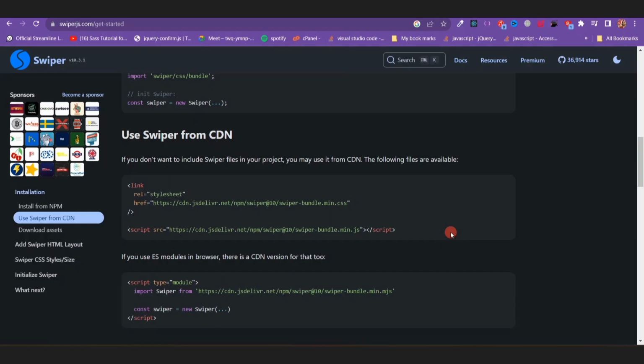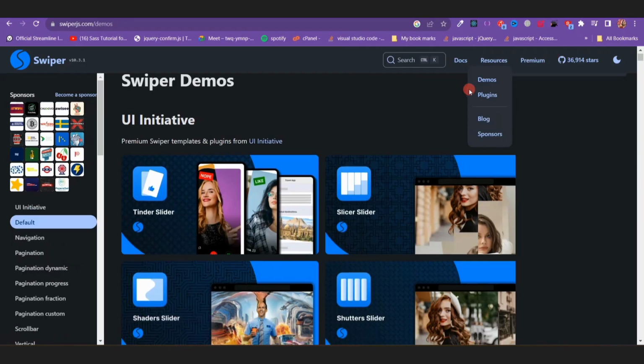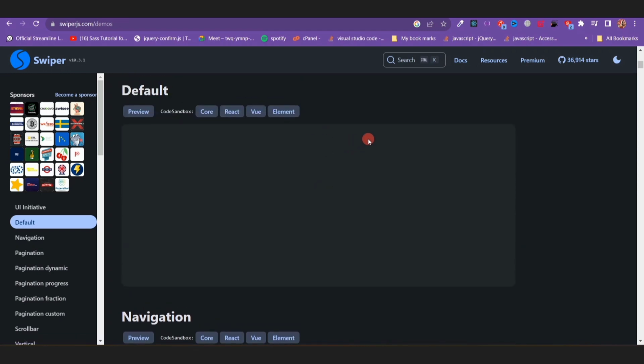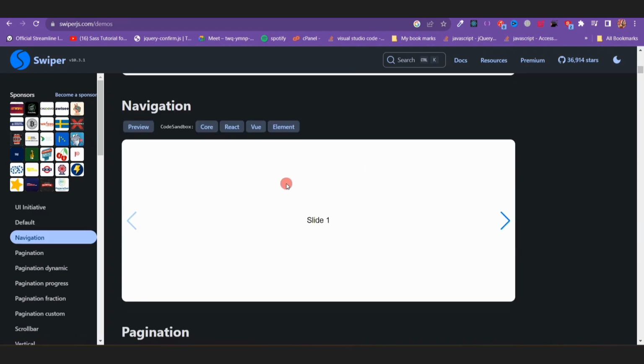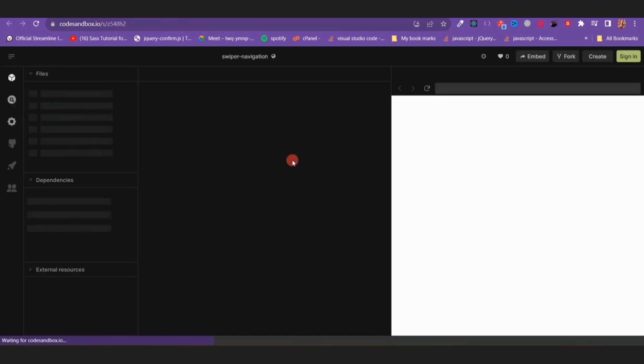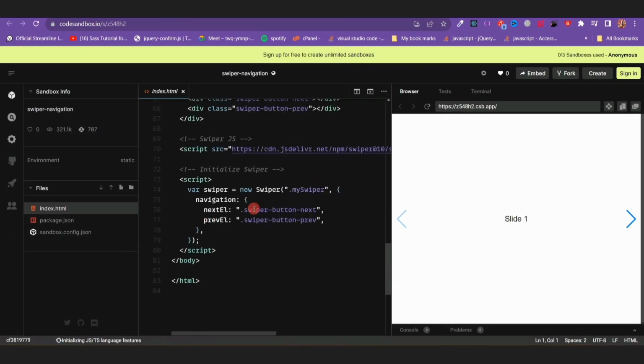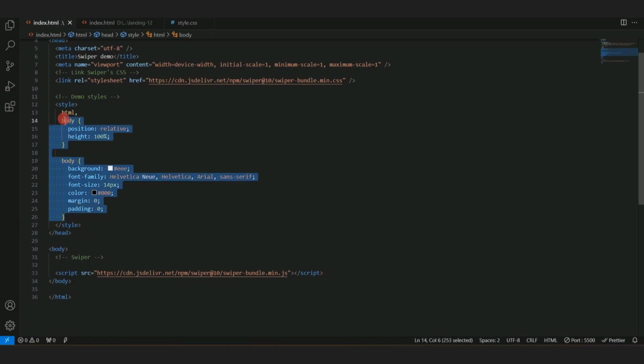so now let's go to the demos section. So here in the resources, you'd find this demos, wherein you would see all different examples of different types of sliders using Swiper.js. I can click on this core and you're going to get the entire code of this slider, how it works, and you can just copy and paste it. So what I did is I just copied some of the stuff of the CSS from the top